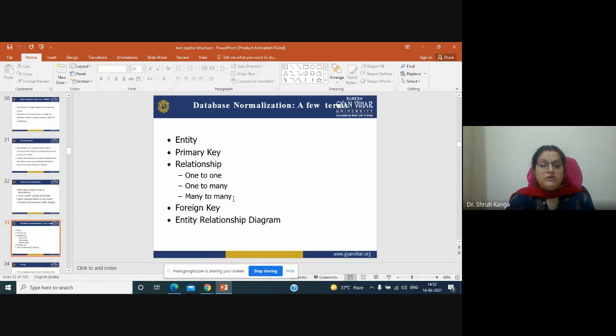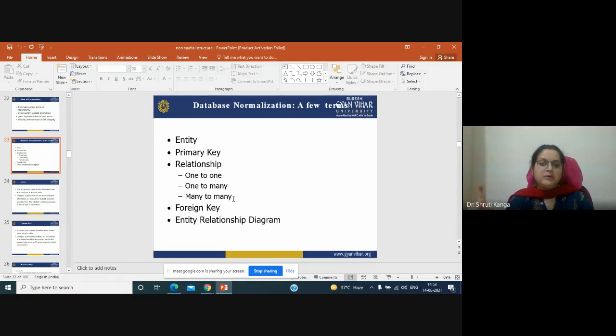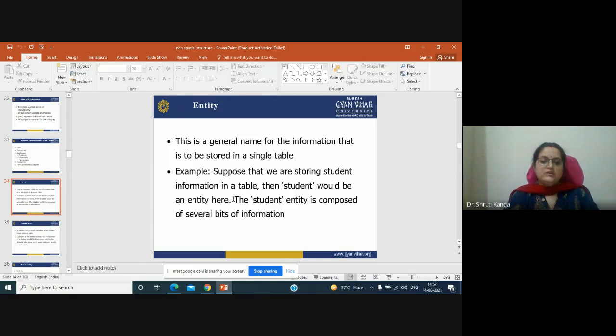So what kind of relationship is there, that also we have to know. Then the foreign key concept and the entity relationship diagram, also called the ER diagram. So first we will see what an entity is.